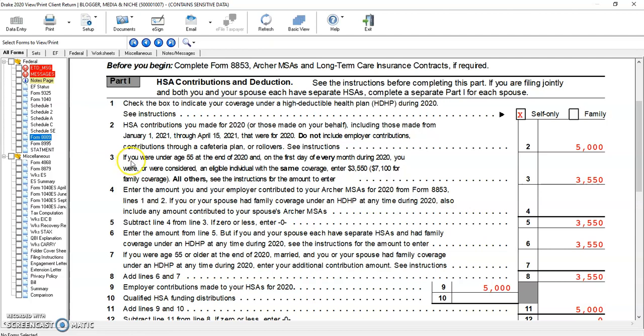Line number 3: if you were under age 55 at the end of 2020 and on the first day of every month during 2020 you were considered an eligible individual with the same coverage, enter $3,550. So this is for the coverage portion.